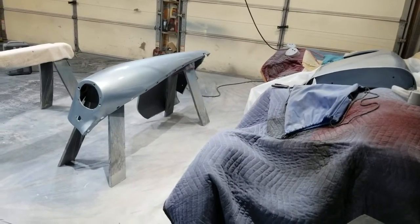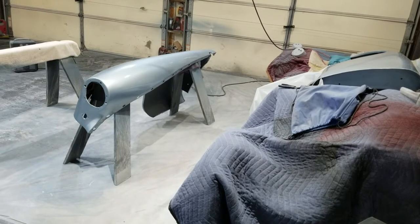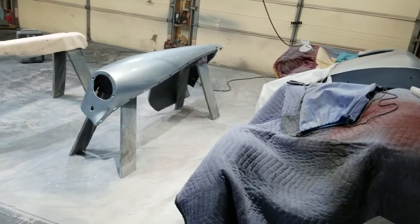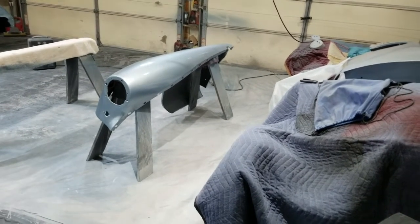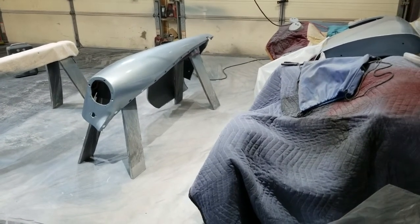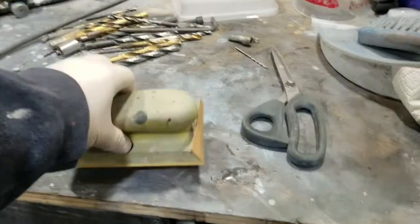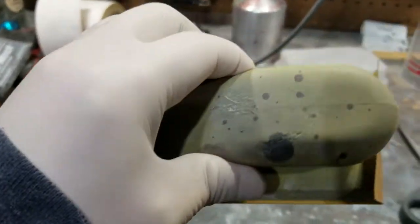I think I'll keep track of how long it takes to wet sand the clear coat. It might be interesting to me. I had a pretty good estimate of what it would take to get it ready for paint. I'm using this squishable